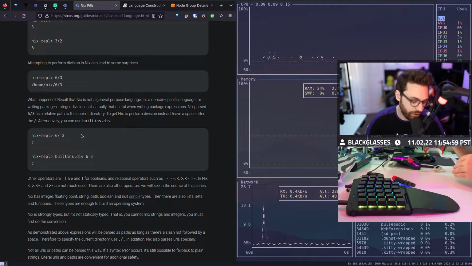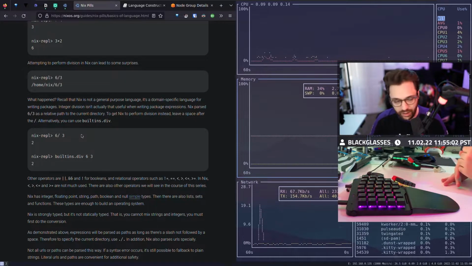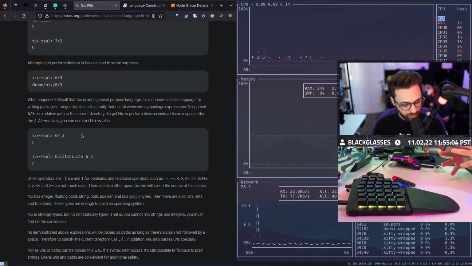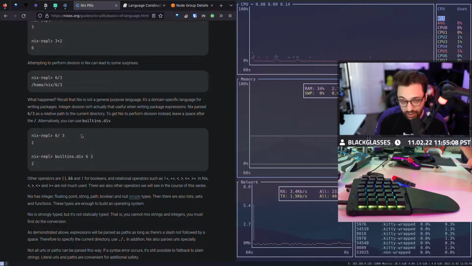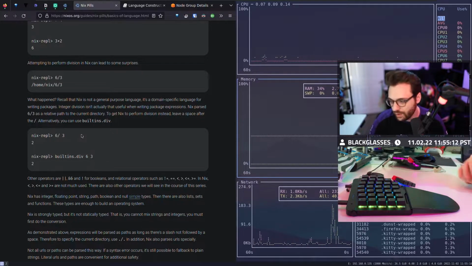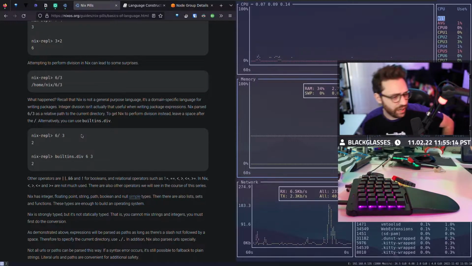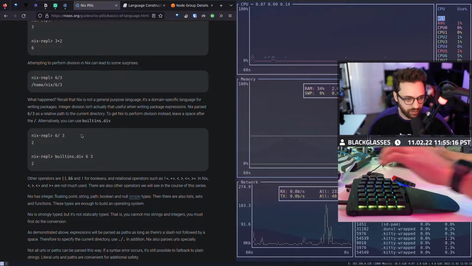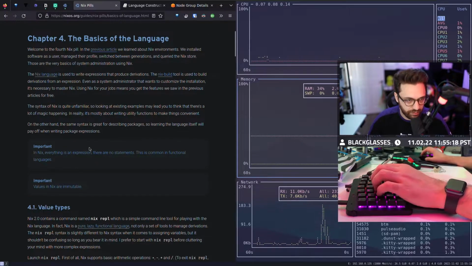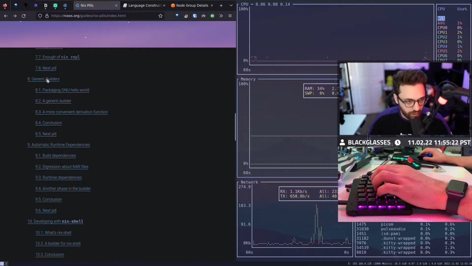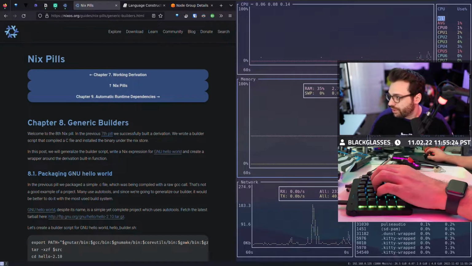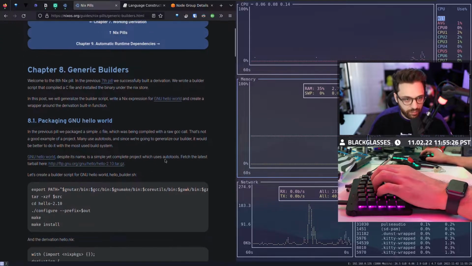So we're going to be working with the language today. The language will be working with the package manager, and I'm working on the operating system. So actually, the operating system you see me using right now, this is NixOS. But we're not going to be really using the operating system except for more of just using Nix itself. Okay, cool. Yeah, it's three things. One of them is an operating system.